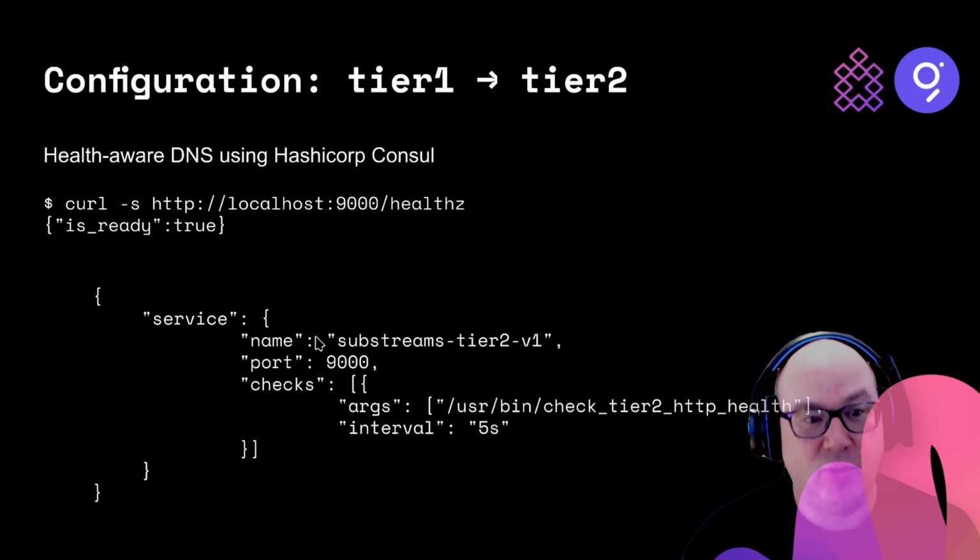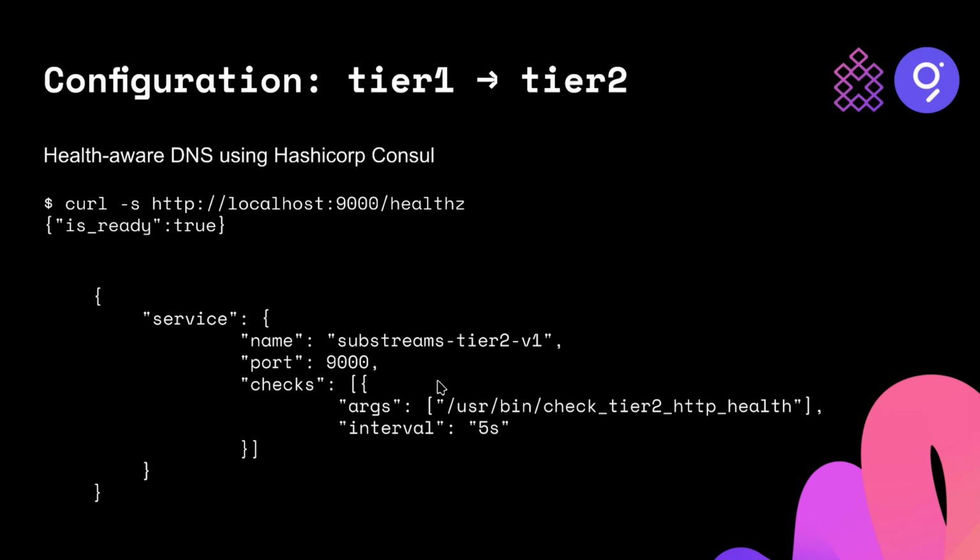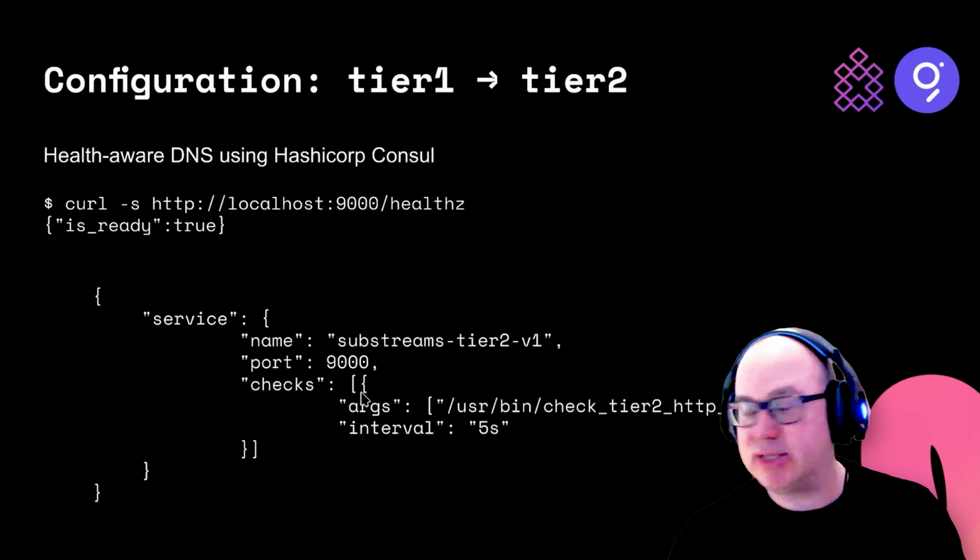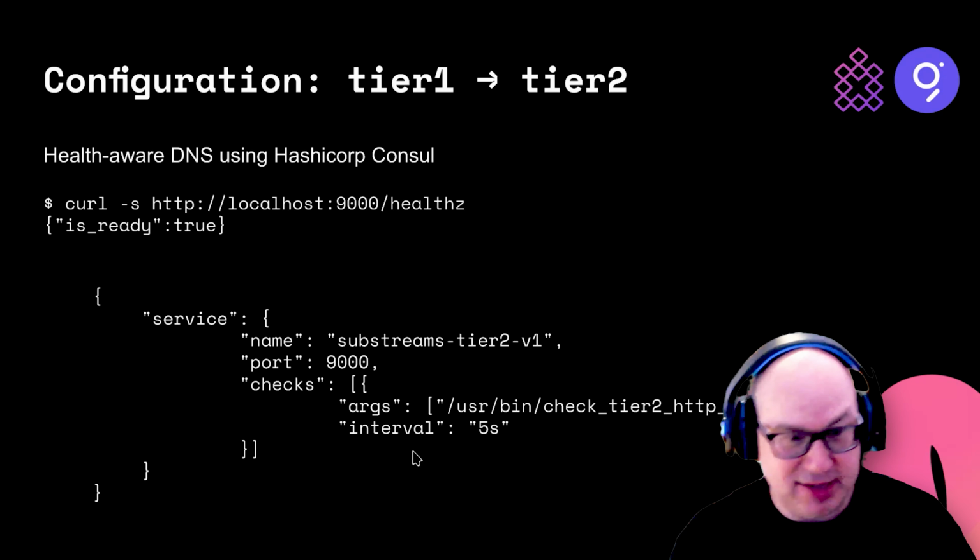So you can use this with a health check built into Consul to check whether you get a true or a false back, and then report that back to your DNS, and then DNS will add and remove that entry from DNS according to whether it's true or false. How does the tier 2 node determine it's overloaded? Okay, good question. It's on the next page.